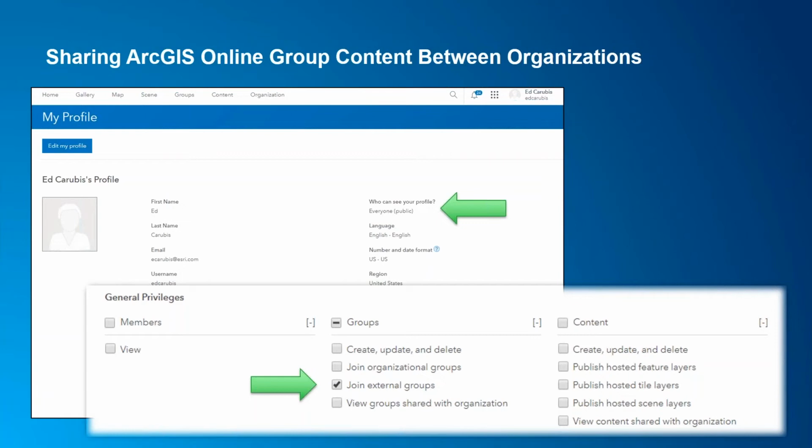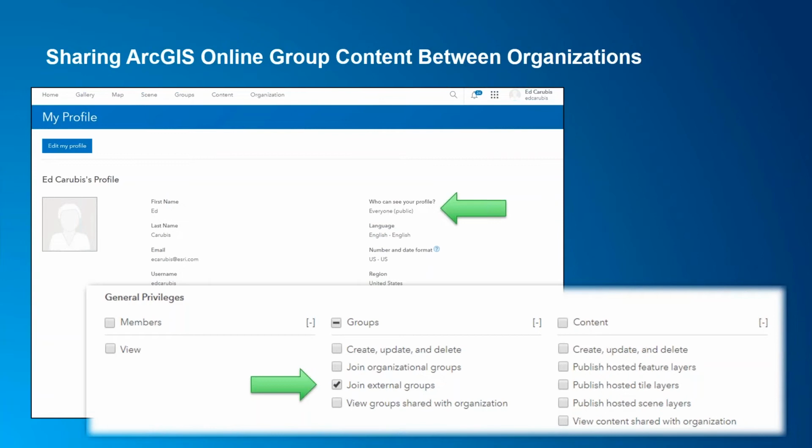That doesn't mean it's public access, but my ID needs to be discoverable in order to be invited into a private group share in an ArcGIS Online organization. And then also, at the admin level in the organization that you're inviting members from, they have to have the setting checked to join external groups.